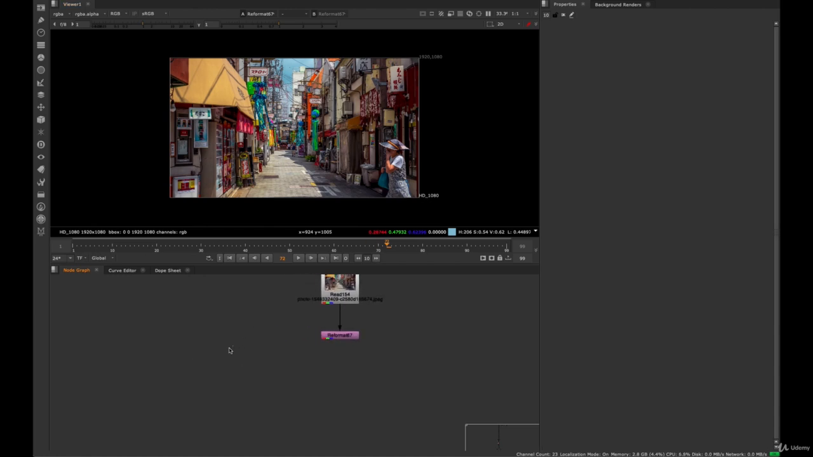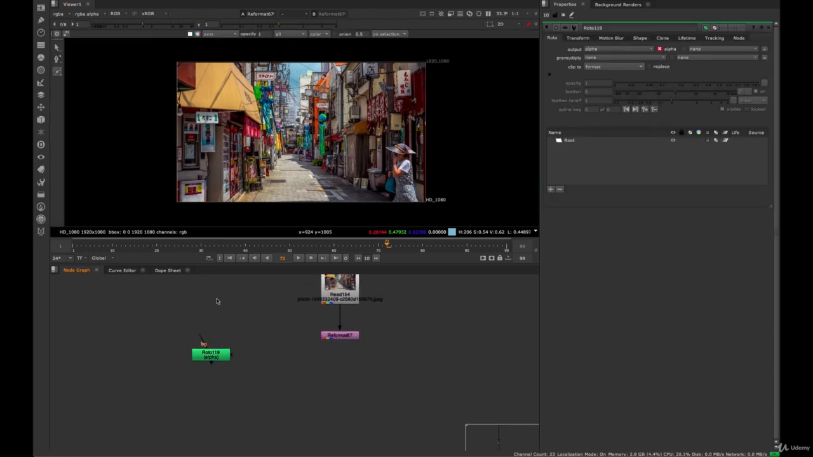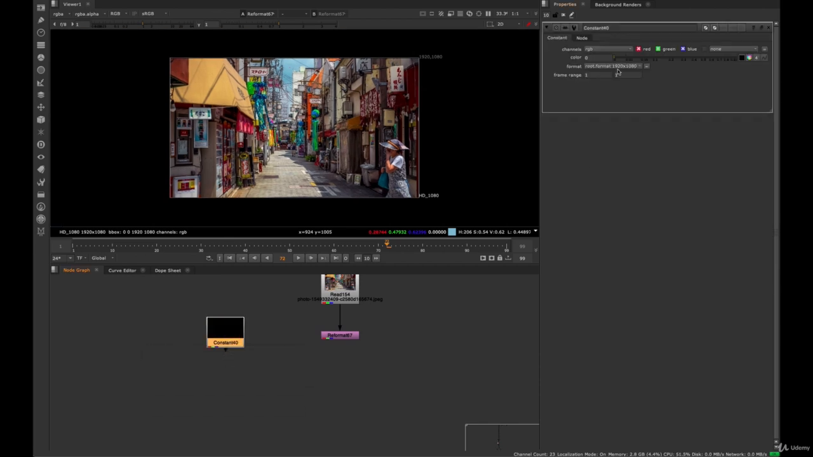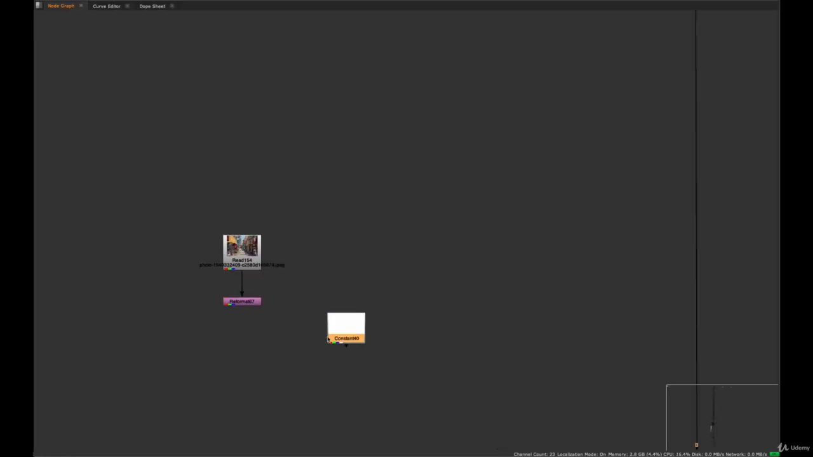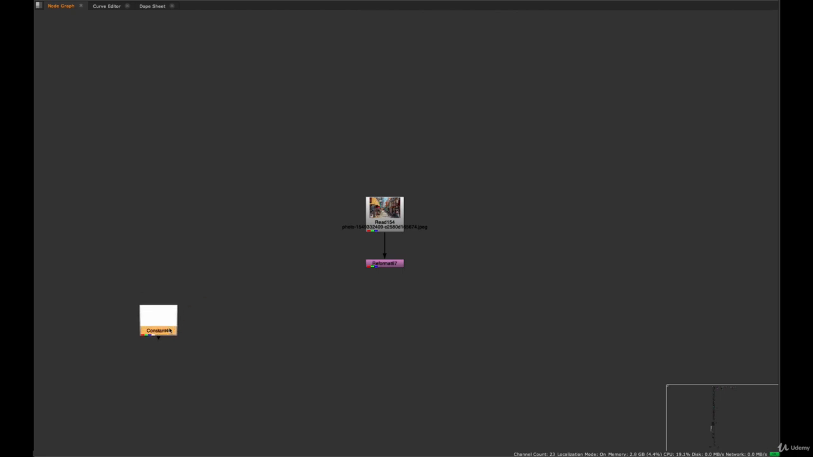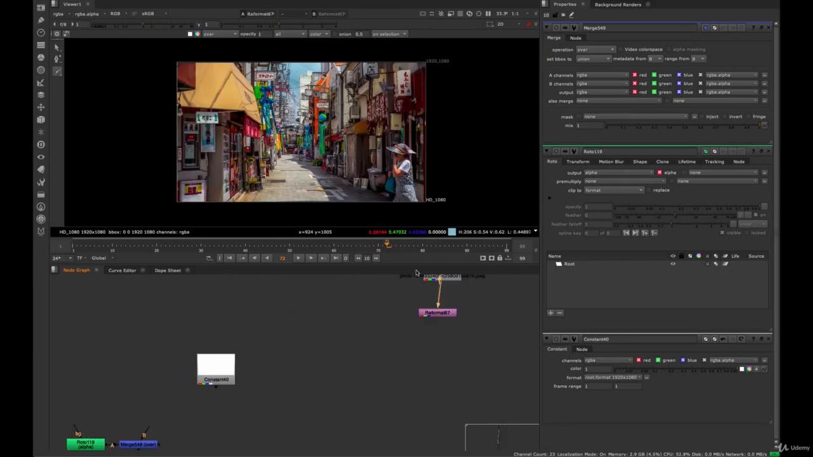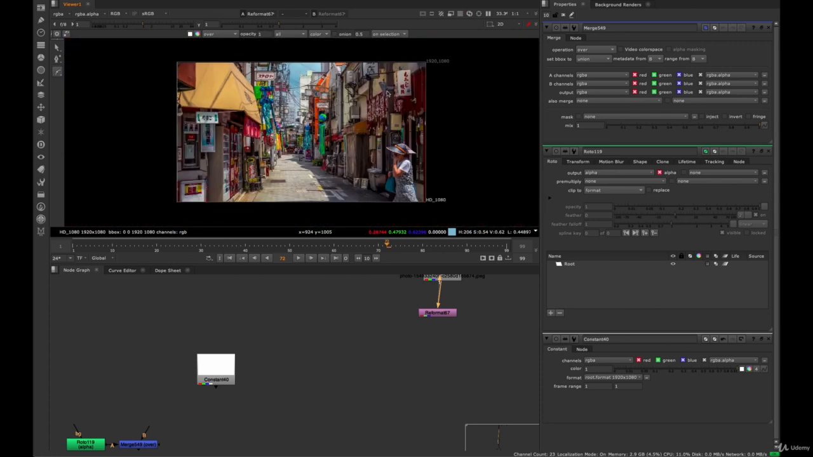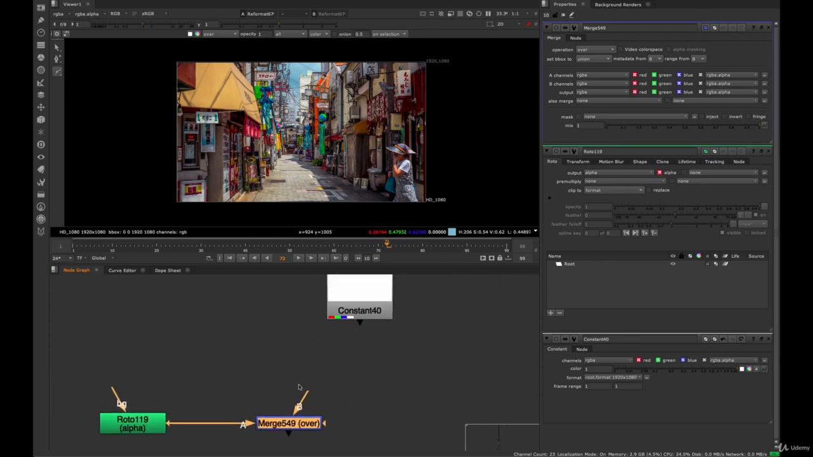So instead of starting with a roto shape, we'll start with a constant, and we'll set the value of that constant to 1 and set that to RGBA as well. So that's going to be our furthest away color. This is kind of the background. What we want to do is, for each consecutive shape that's closer to us, we actually have to roto each one of those things. So for example, I'm going to merge this over this,